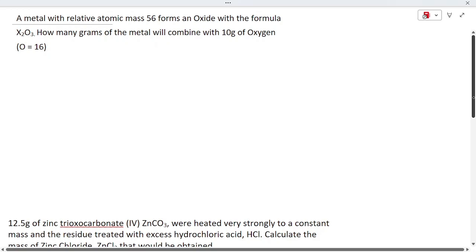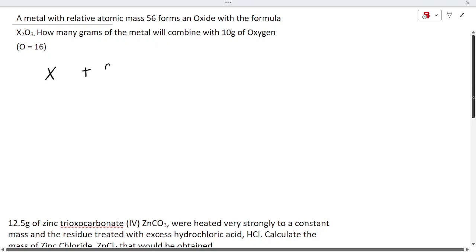So from the question, we are told that a metal forms an oxide. When a metal forms an oxide, it means that that metal is reacting with only oxygen. It doesn't apply to only metals. Whenever something is called an oxide, it means that thing is reacting or combined with only oxygen. So the metal we are given as X